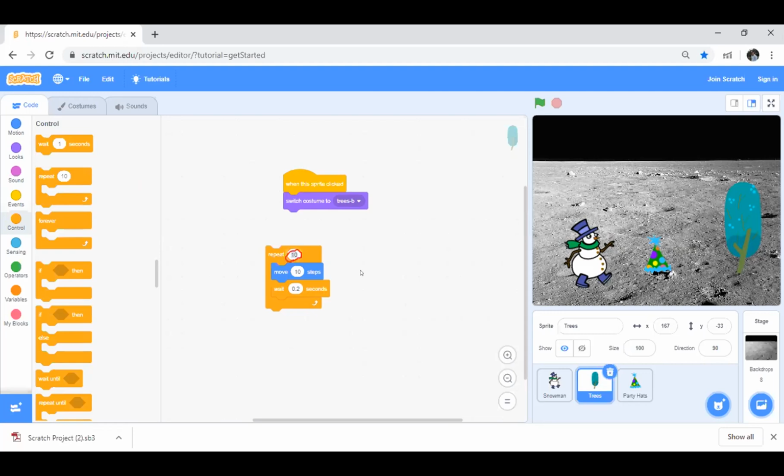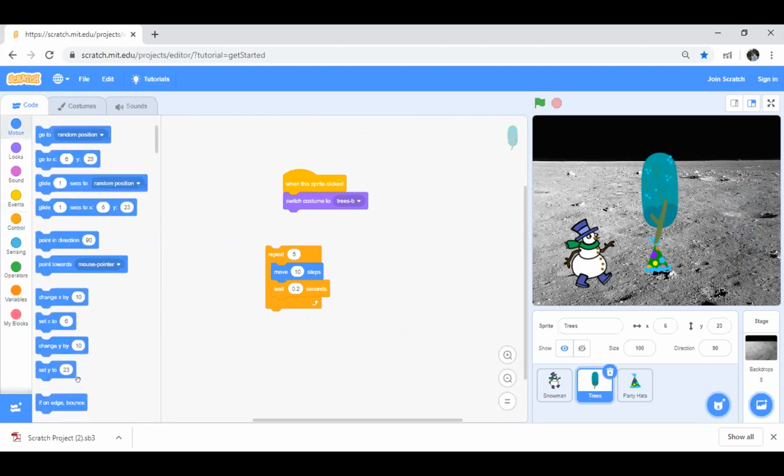Okay, sir. Okay. And now let's try to understand what we are doing. Okay. We are saying whatever is in this block, repeat it 5 times. Okay. Can you click on this block now? Just click on this block. Move 10 steps. Yeah, Krish, just click on the block. Okay, so now it is moving, right? Okay. Now when it is moving, we also want it to come back.